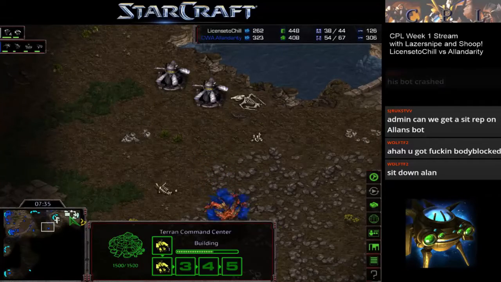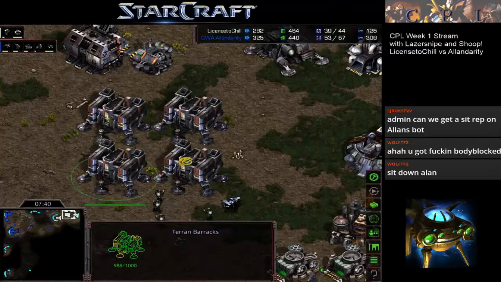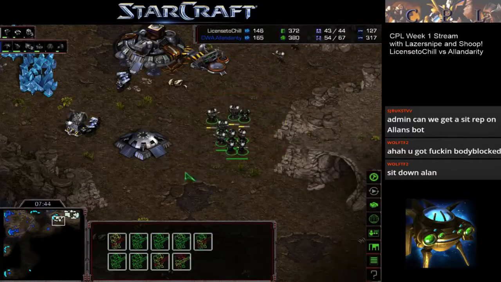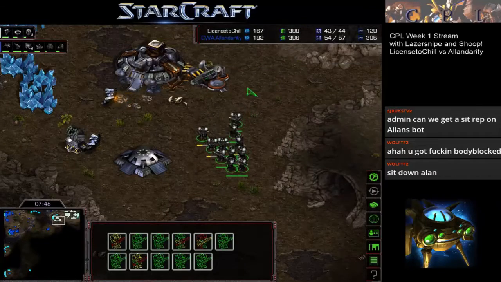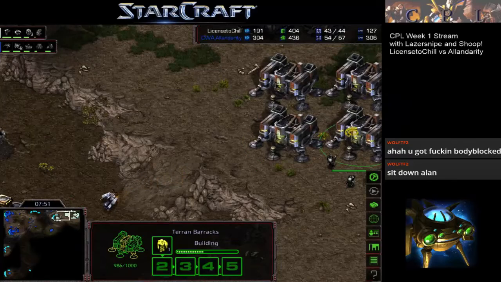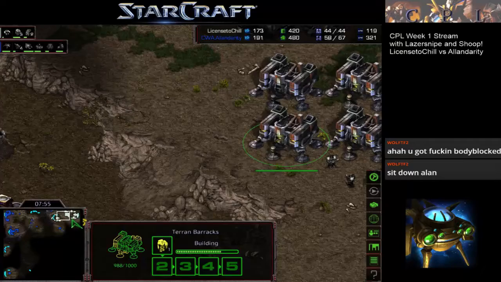License to Chill is trying to hold on here. He's got a couple of turrets, or one turret, I guess, up. Not really mining from his nat. He's got a small group of Marines. Yeah, no medics with the Marines either. Some are being built right now, but before the Ling run by happened, I did want to point out,